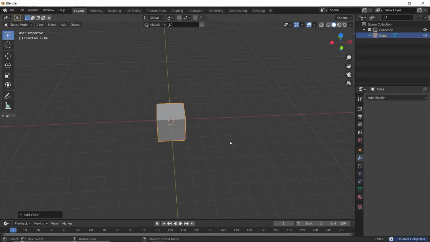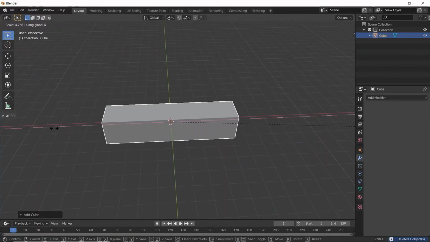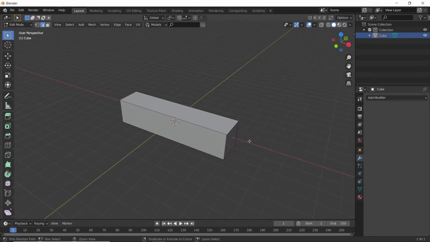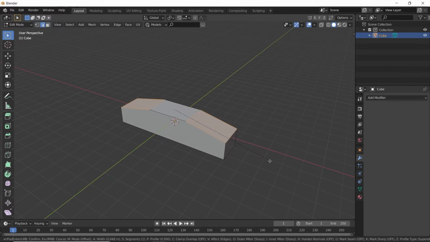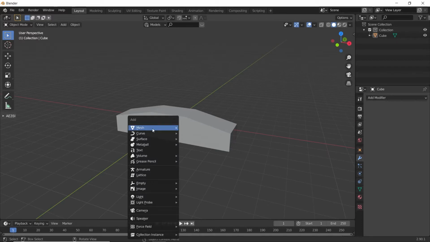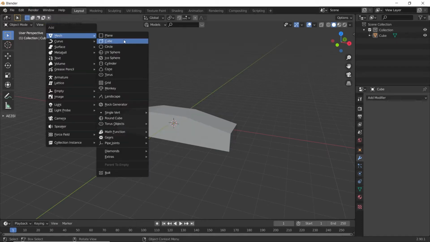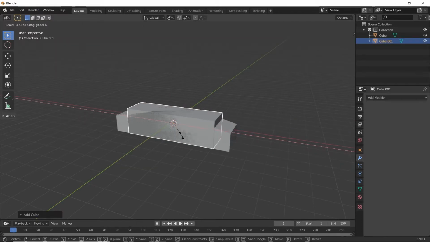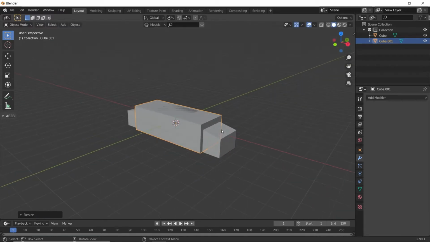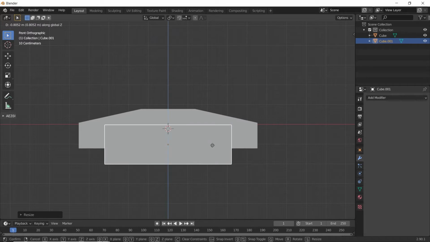Let's add a cube, scale it on x-axis, go to edit mode, select these two edges, press Ctrl B to bevel them. Now let's add another cube, scale it on x-axis, scale it on y-axis, and let's place it here.